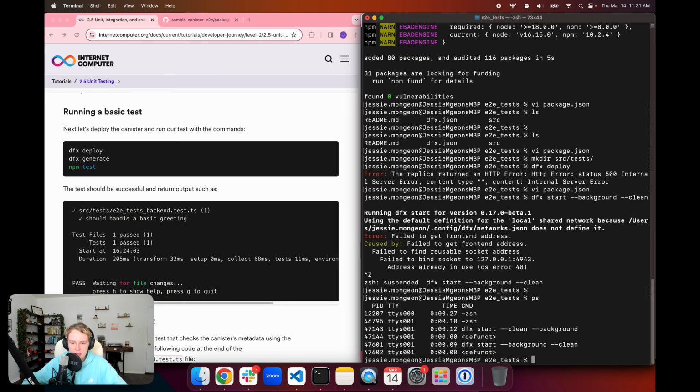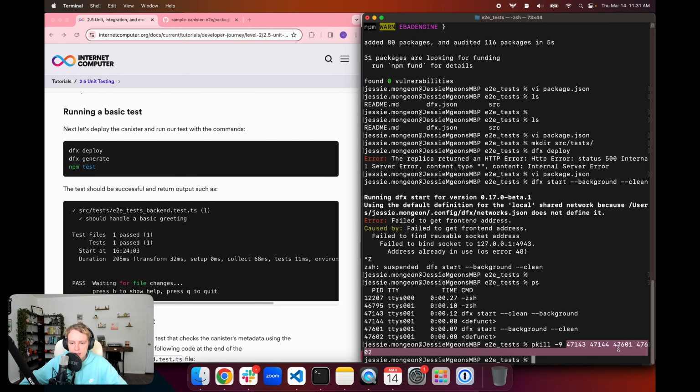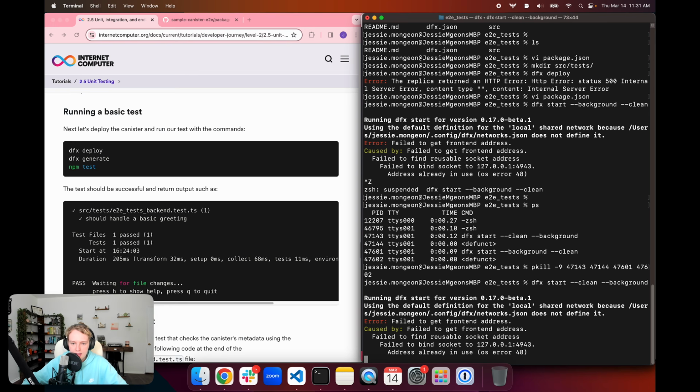So let's take a look at the current processes. And it looks like I do have 2 dfx start processes that are running, but they also have these defunct processes after them. So I'm just going to go ahead and kill these processes so we have a fresh start. You can just use pkill, and if you use the flag -9, that just means it's forcing the processes to be killed. It's similar to a force flag, and then you can just insert the process IDs of each of the ones that you want to be stopped, and then we can use dfx start --clean --background again,